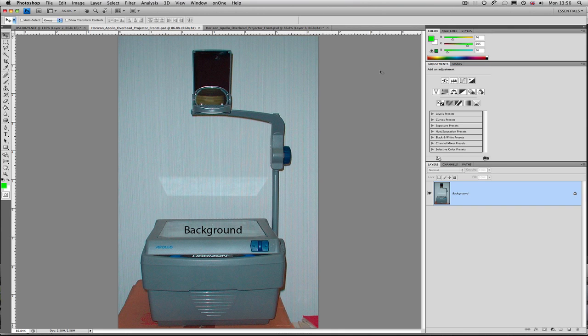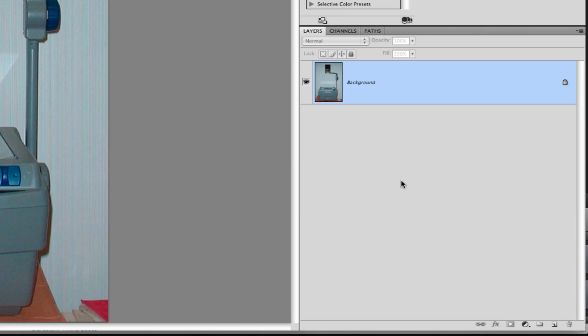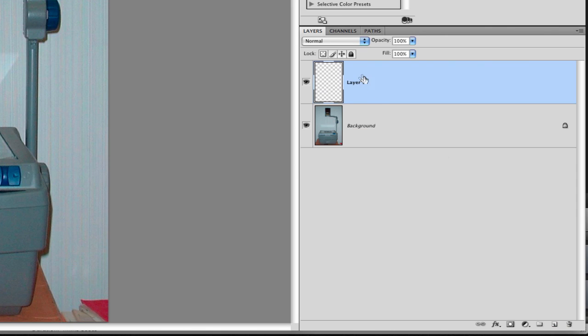If we were to create a new layer, it would be like placing a sheet of acetate on top of the overhead projector. And we do this by clicking the new layer icon, which is situated in the very bottom right. There's two: the trash can and the one next to the trash can, which is like a new page icon or new layer icon, and it actually pops up saying create a new layer. So I shall click that and we have an empty layer